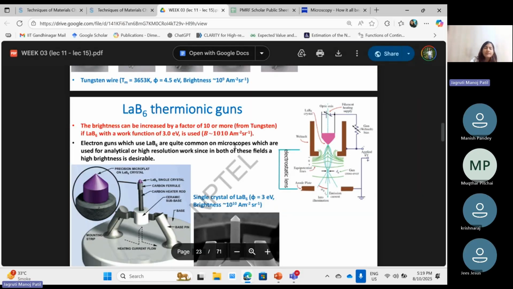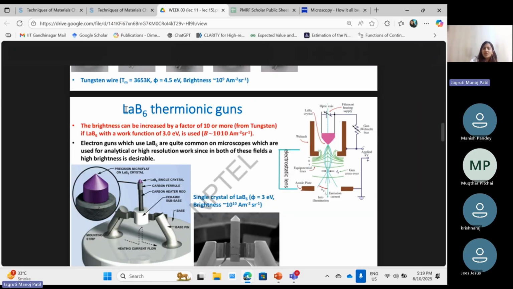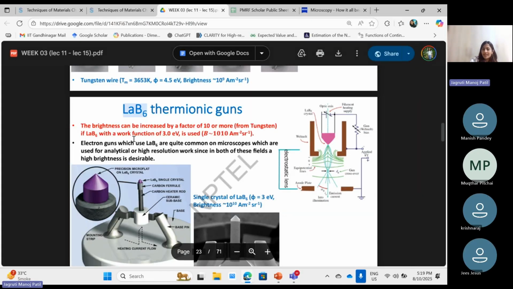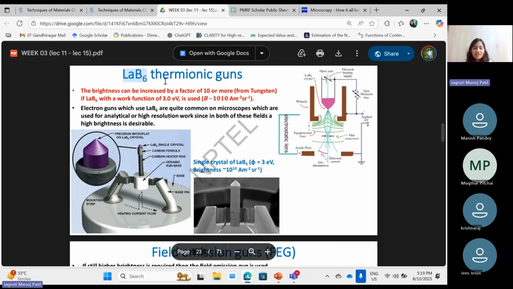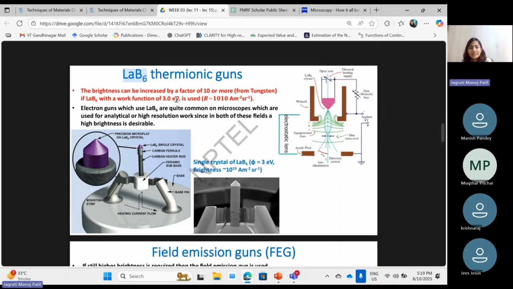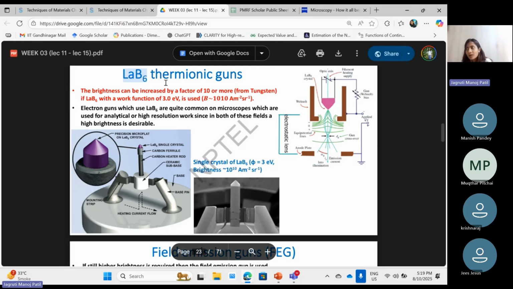Okay. So this was also one such example. This is lanthanum hexaboride. What happens in this structure is it will provide you a very lesser resolution. It's very expensive. It needs conditions where you need to store it with respect to care. It's nothing but, how do you say, it has an oxide component to it, so it will